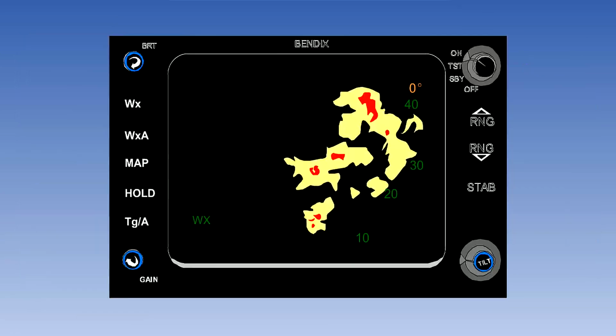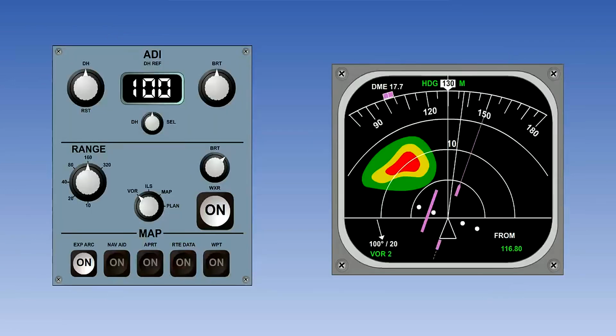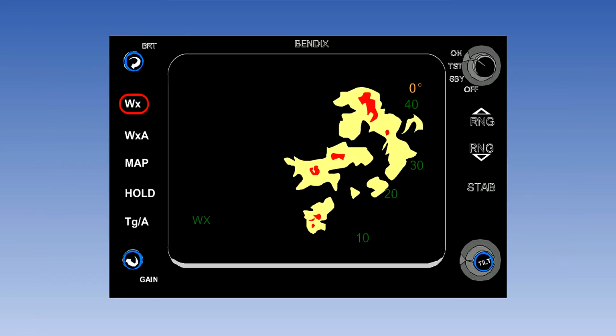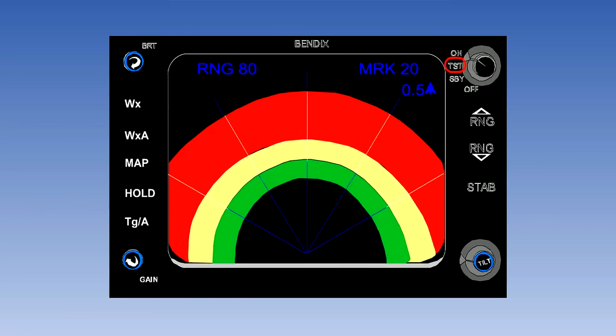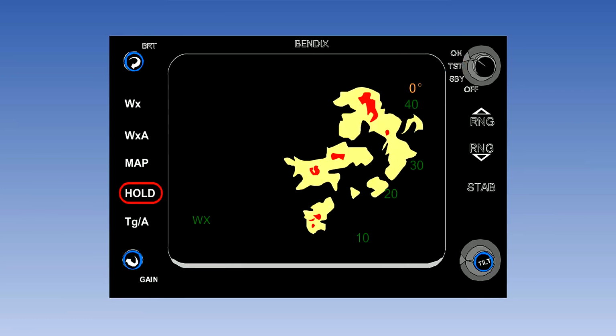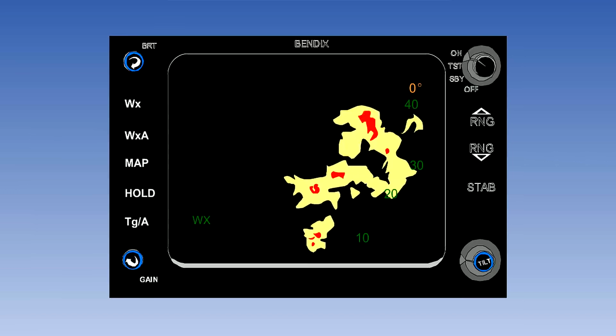Modern color radar displays may be on a dedicated screen or shown on an EFIS display with other information. The buttons used for selecting functions are weather plus turbulence, which is shown in magenta, variable gain control for the mapping function. The gain control is automatic in all other modes. The test mode displays the color pattern for the pre-flight serviceability check. The hold button allows the display to be frozen so that when the button is released, the new position of the storm can be seen.